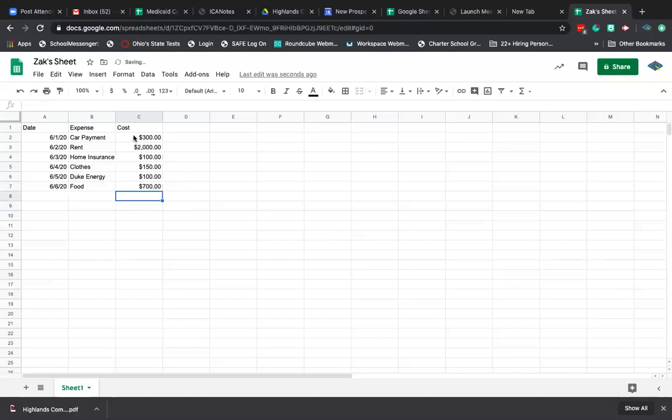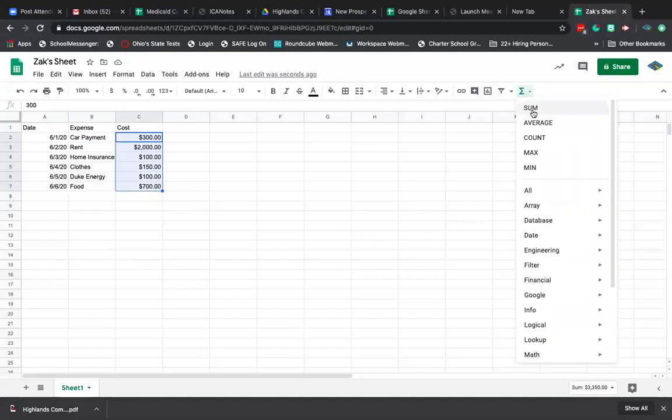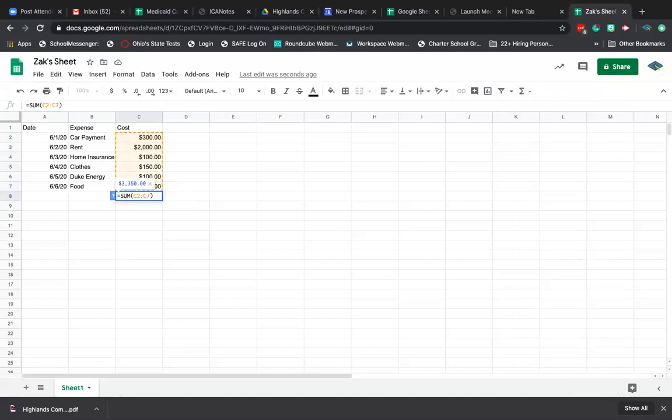So again, I highlight everything. If I want to add the entire column of numbers, go to my E, which is the symbol up here, function, and then I'm going to ask it to give me the sum. I'm going to hit the enter button on my keyboard. I get the total. Now listen, if I don't want to add up all the numbers in my column, I